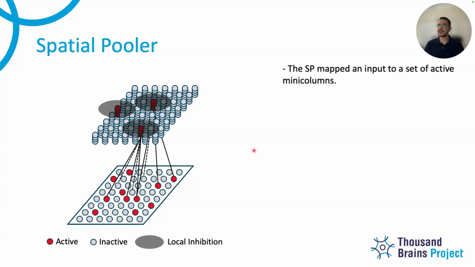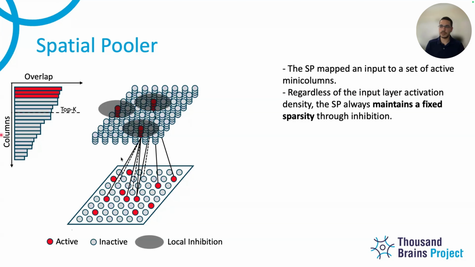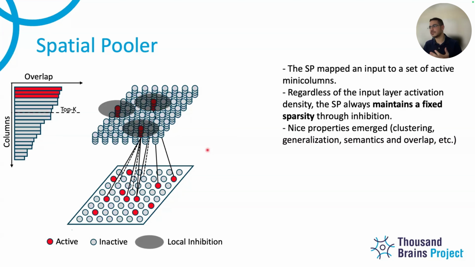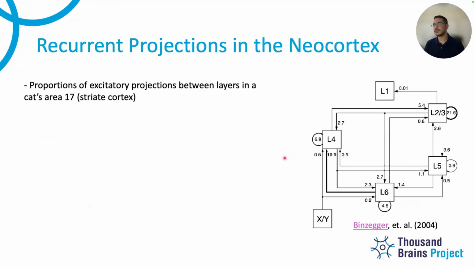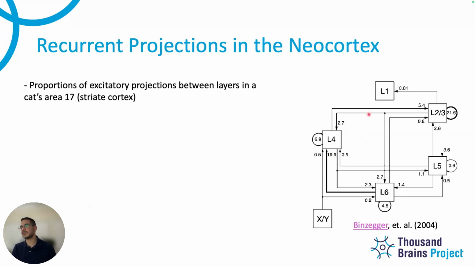So I was going to go through the spatial pooler, just to describe how we're doing global inhibition and all of that, and forcing sparsity and why this is useful. Some other studies, like from Olshausen and Field, that force sparsity and find some really nice, interesting properties. But also I was going to just review some neuroscience or neuroanatomy about the projections, excitatory to excitatory, between all of the layers.